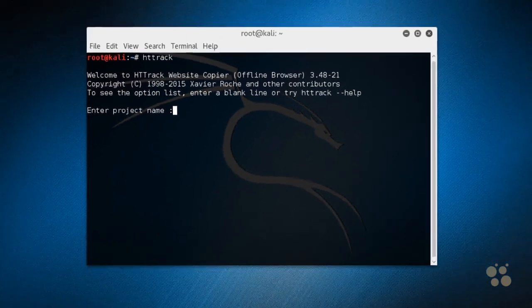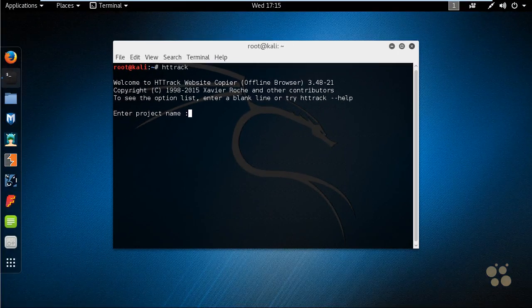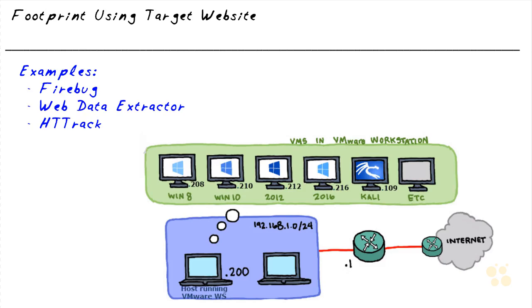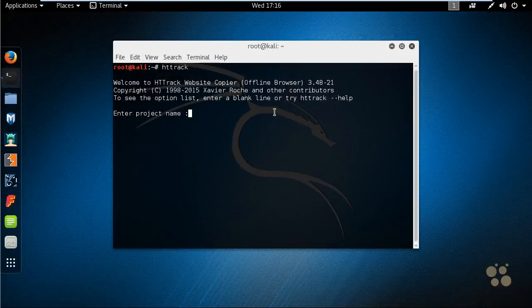So we can then enter a project name. Now for this demonstration, let's do this. This will be fun. I've got IIS running on the Windows 2012 server. So let's use HTTrack to pull a copy of the web server that's running here on the 2012 server. So when we specify where to go, we'll specify 192.168.1.212 as the target. And also, before I do that, let's verify that that web server is